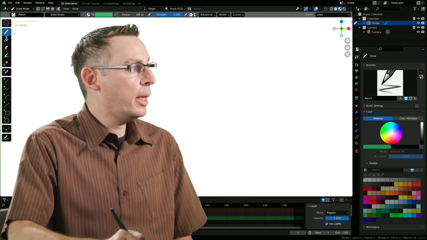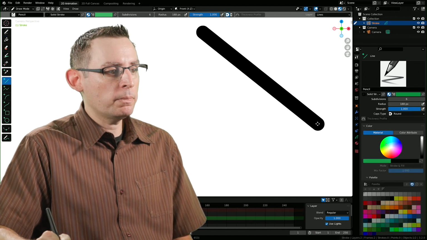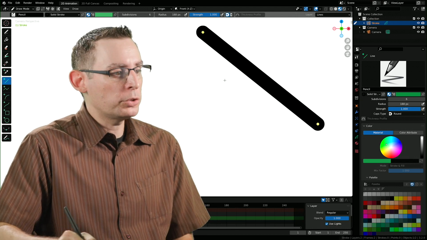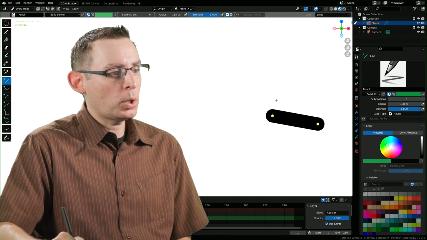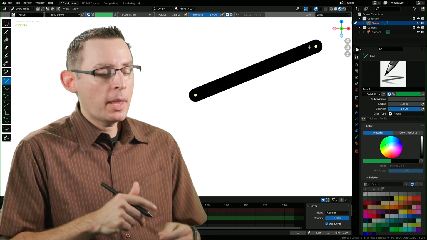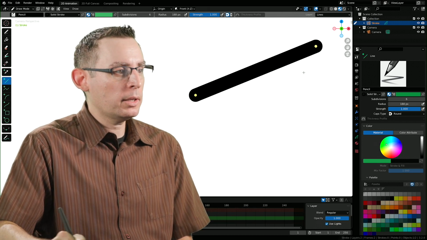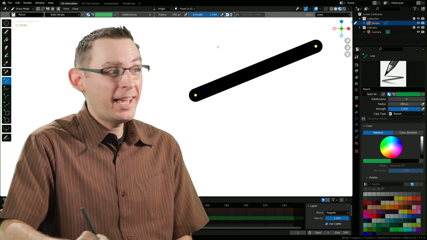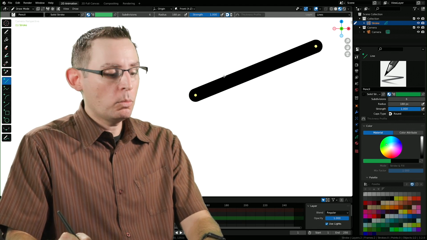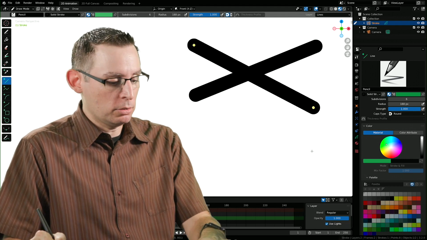Now, in addition to the pen and the eraser tool, we also have some really great shape tools as well. This is the line tool. Now, when it comes to working with the line tools or the shape tools, we're going to get these yellow handles, which will allow us to change the orientation of our shapes very quickly. At the conclusion of this, we got to hit the return key. We can't go on, okay? Notice that I'm trying to draw another line. I can't draw another line until I confirm the previous step. Once I hit the return key, the yellow dots go away. I can continue making a new line.